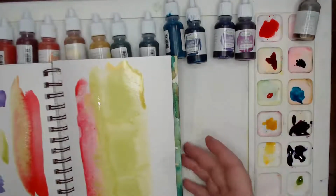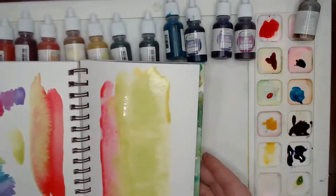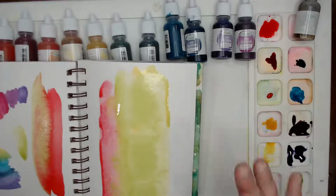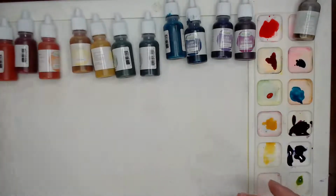But so, yeah. And it's just playing with the different colors and really having fun with the pigments. So that's one way to play with the colors. When I'm learning or just playing around with my colors, what I like to do